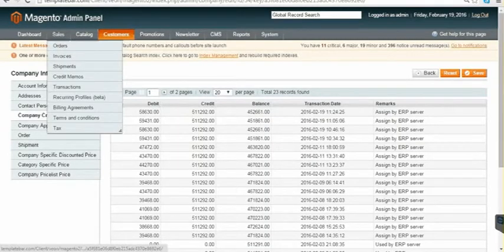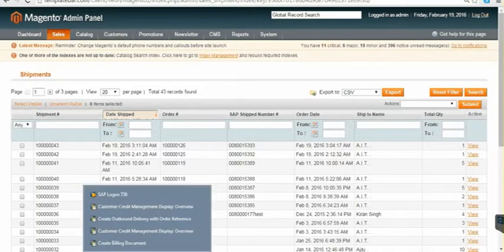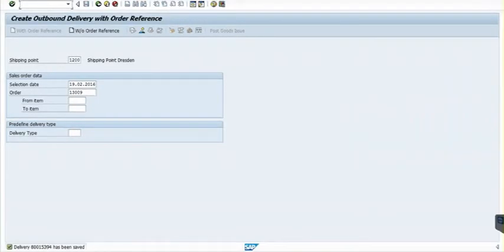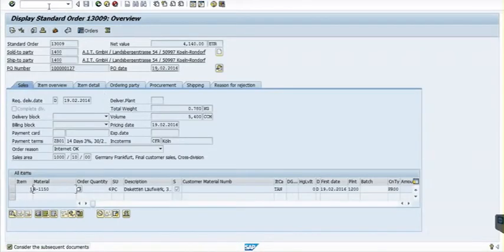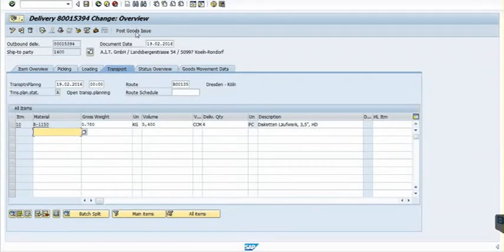Let's go to Magento quickly and see our shipment. When we go to shipment, okay, before we can see it on Magento, we have to do a post goods issue.